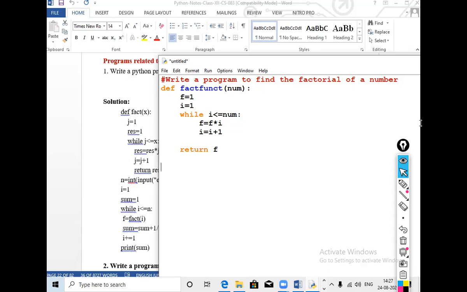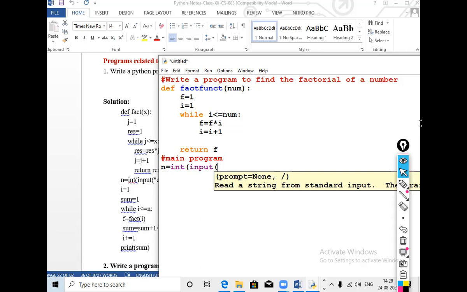Now in the main program, we write n equals to integer input, enter number.